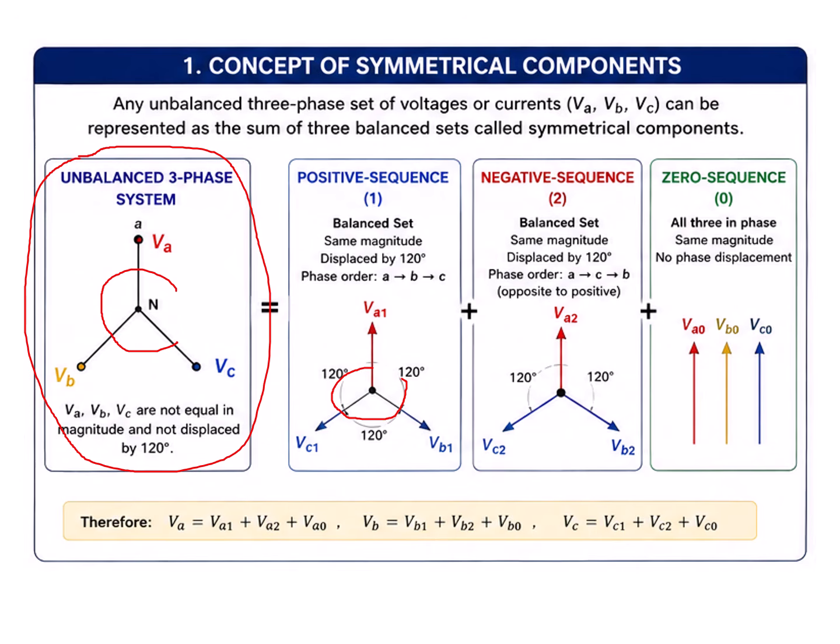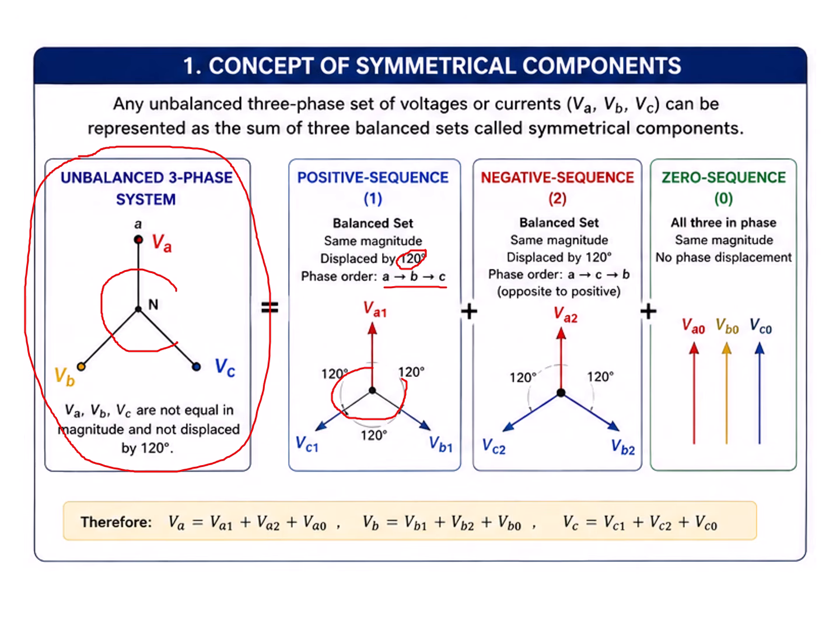So for example, here we have V, A, B, C, and in the positive sequence we also have the A, B, C phase sequence, with the phase difference also 120, and the phase rotation is similar to the original signal. The magnitude of A, B, C is the same, and the signal is rotating in the same sequence as the original signal. But when we come to the negative sequence,